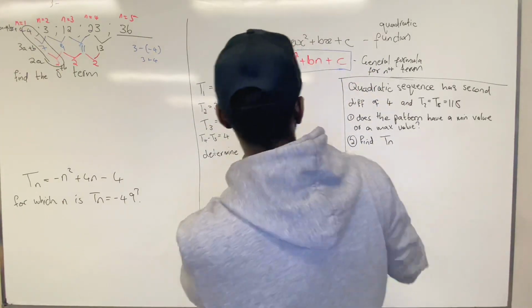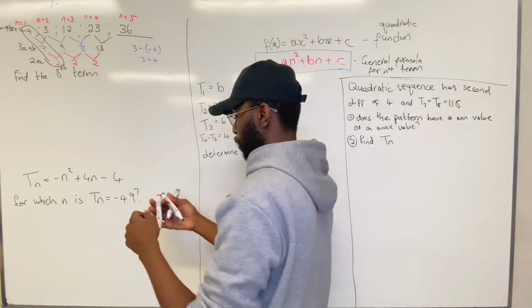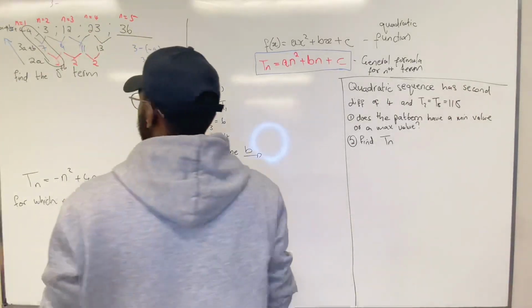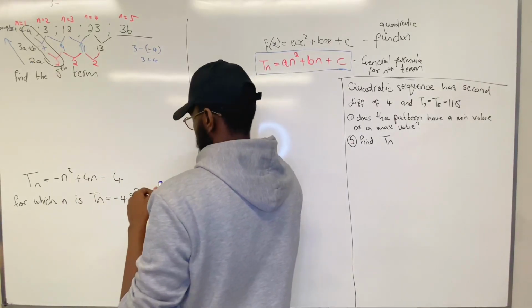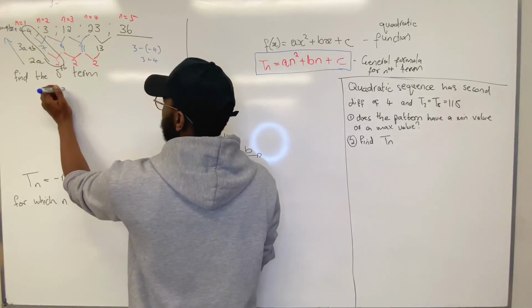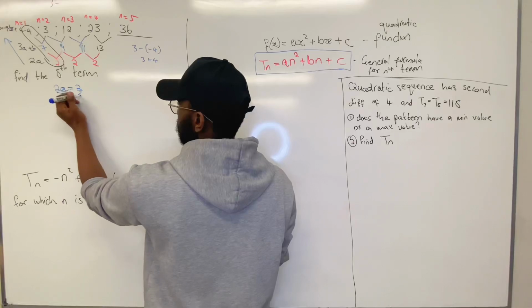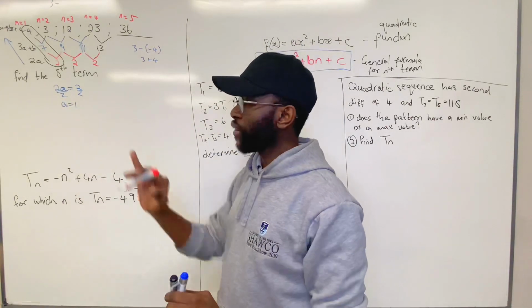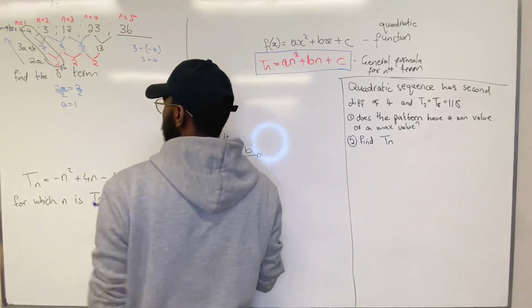Remember, our general formula comes in this format. So we also go in that direction. So we start with 2a. 2a equal to 2, divide by 2 on both sides, a is equal to 1. I can vouch that that is correct. Now, we go that direction, we now find